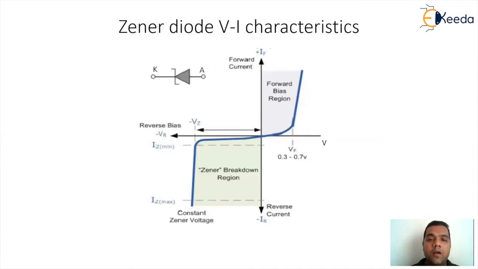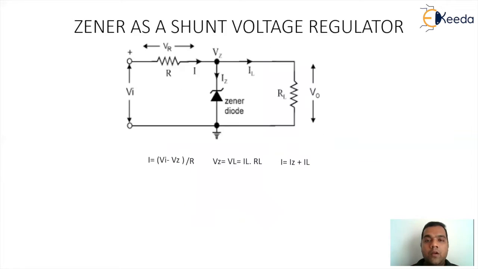Now, this is the characteristic of the Zener diode, which is called the VI characteristic. As can be easily seen, under the forward bias operation, the operation is similar to a normal PN junction diode. But under the reverse bias operation, the current is going to change from Izmin to Izmax as the reverse voltage for the diode keeps increasing, but the voltage measured across the Zener will be measured as Vz. So this property of the Zener diode, having variation in current but keeping the voltage across the Zener constant, can be used for voltage regulation.